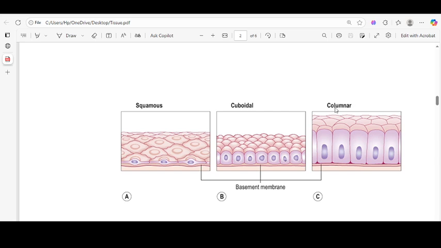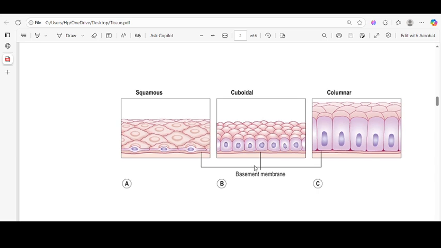And third is columnar, a cylindrical shape of tissue, called the columnar epithelial tissue, and just under the base is attached the basement membrane,